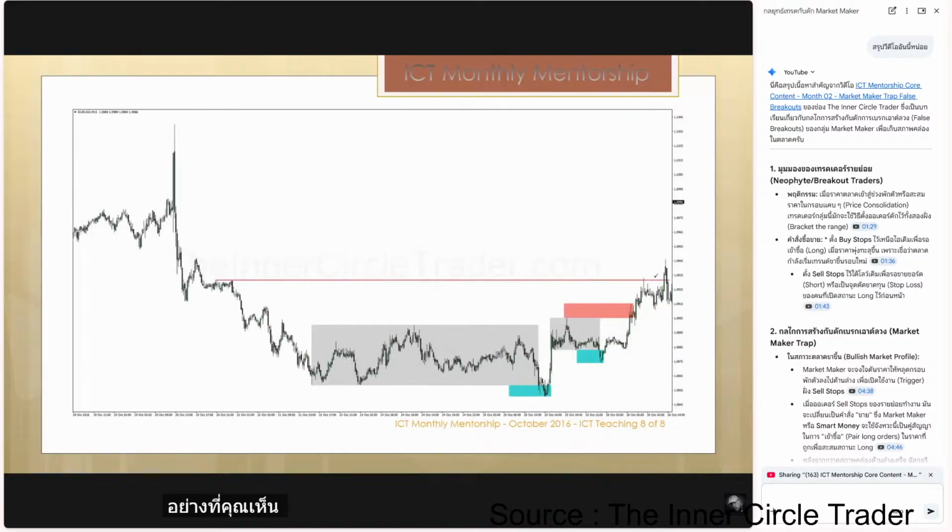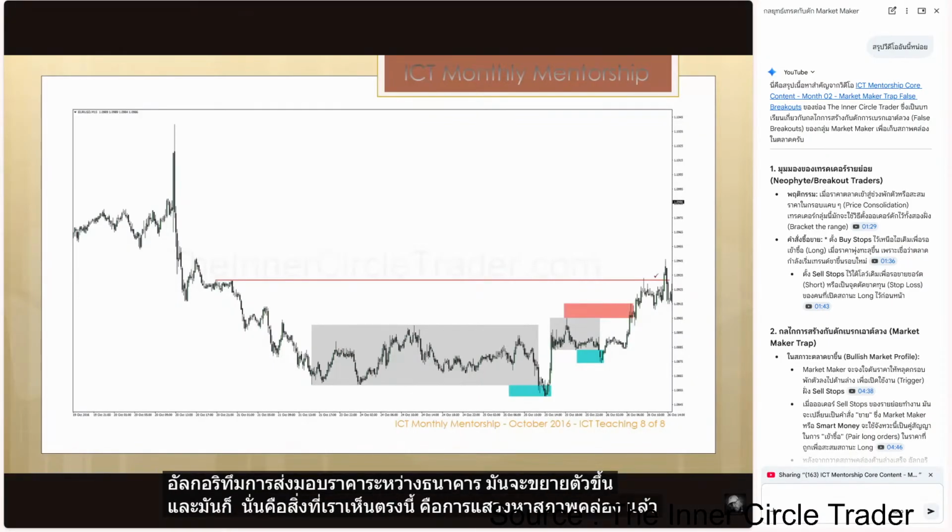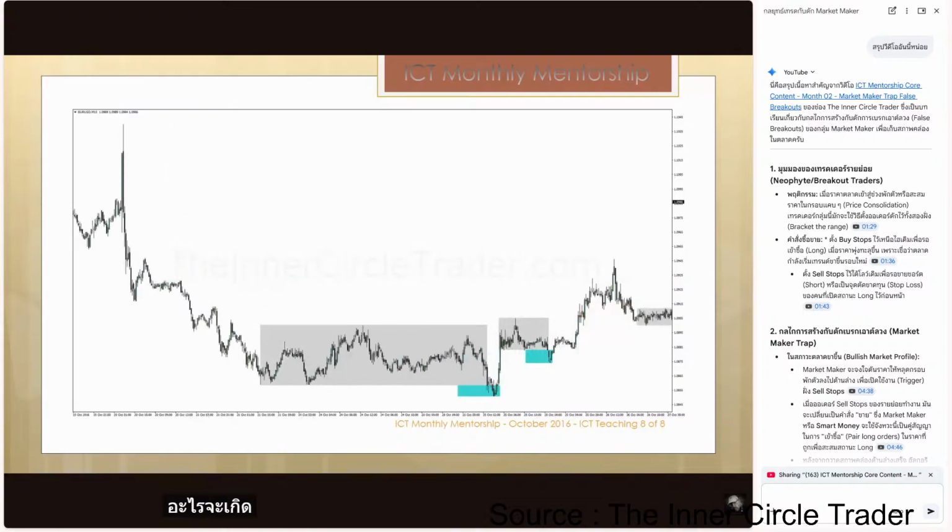As you can see, price expands. Think now in the interbank price delivery algorithm, it's going to expand up and it's going to seek liquidity. That's what we see here. Then what happens? Price invariably will go back into a consolidation. Now, what's the underlying condition of the marketplace? It's bullish. Why? Because they keep taking price below and then rejecting that, absorbing the sell stops and expanding price